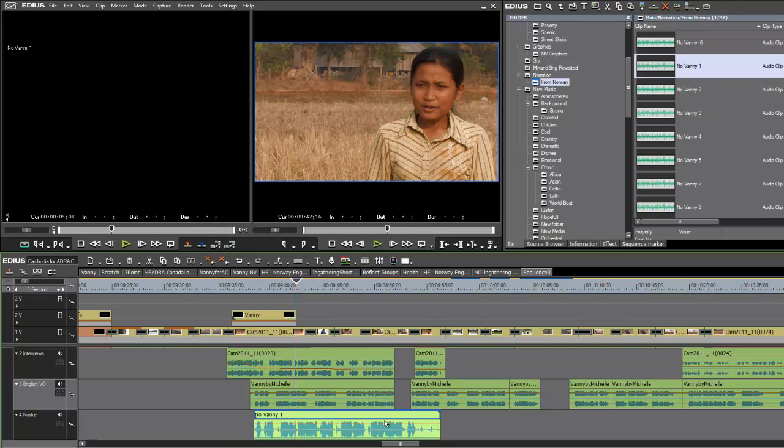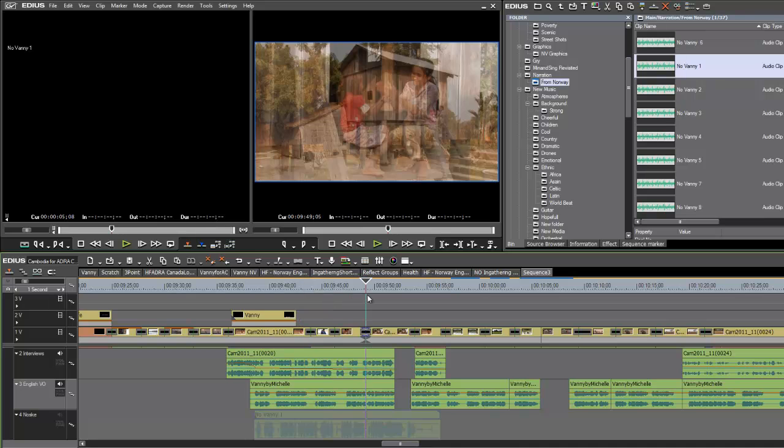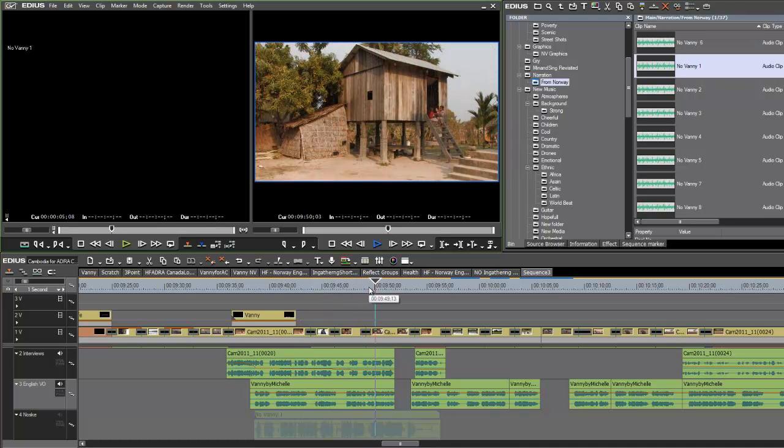And it looks like it might be running just a little bit long. What we can do is take a look at our script and see how that paragraph ends in English. We can mute the Norwegian track for a moment and hear where this is ending in English. On a small farm that we share with my grandfather. And as we look at the script, we do see that that is, in fact, the end of the first